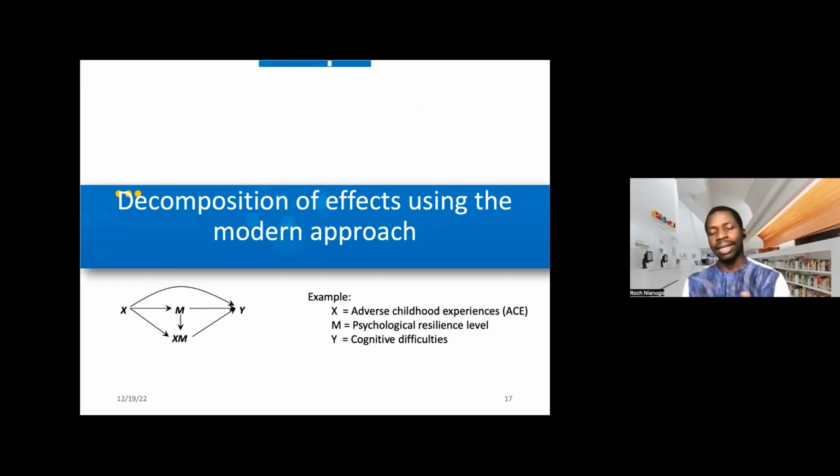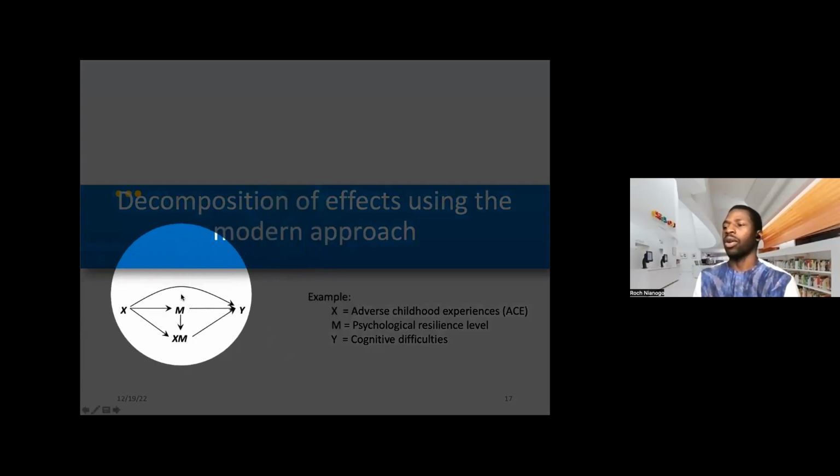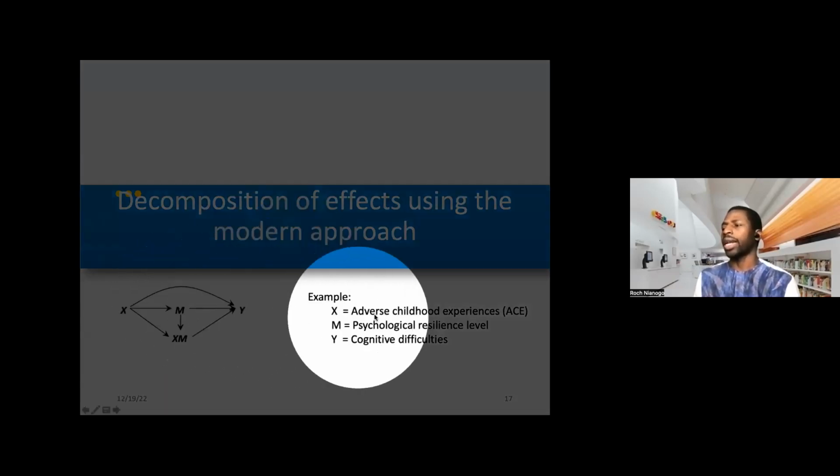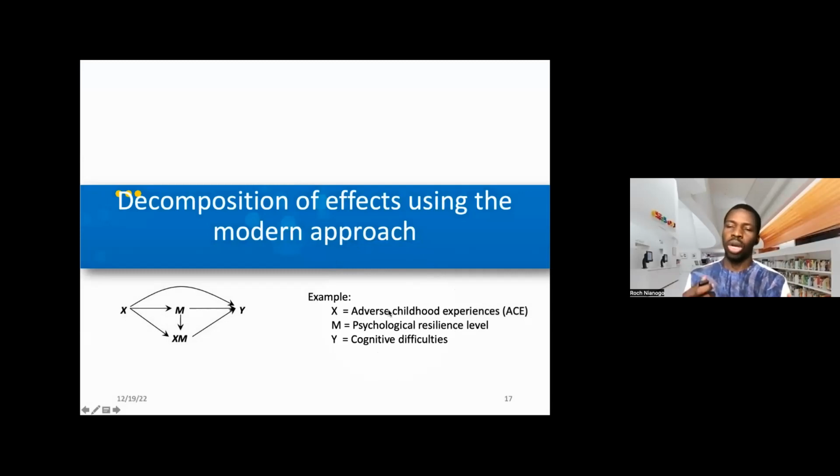So, along that same line, let's think about how to decompose the effect using the modern approach. Now that we've said a modern approach might be better than a conventional approach, let's talk about how we actually break those down. The first step is to look at a diagram. Again, just for didactic purposes, I think it'd be interesting to think about a particular exposure as opposed to just a variable.